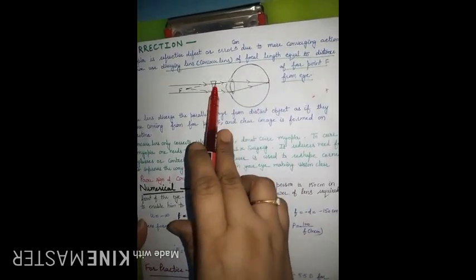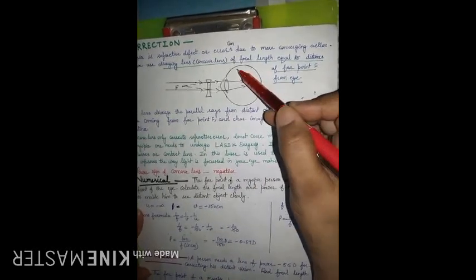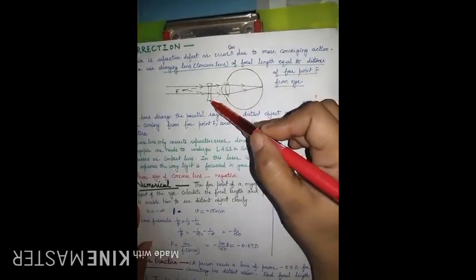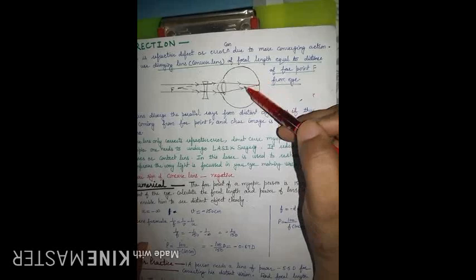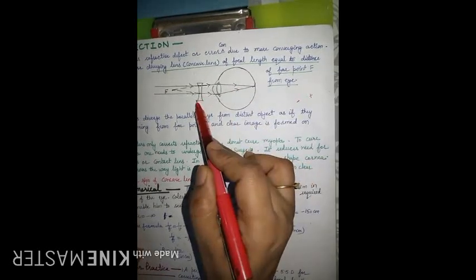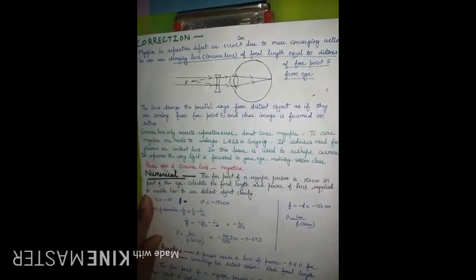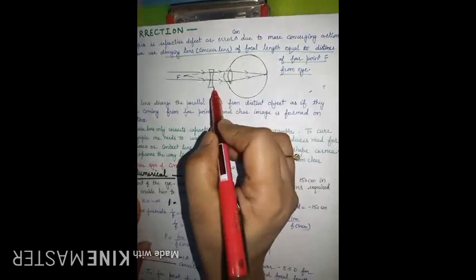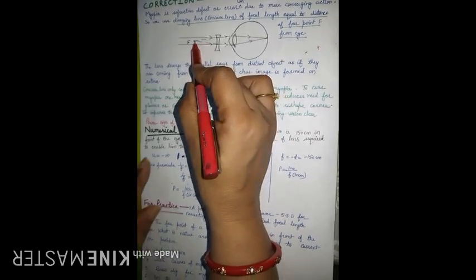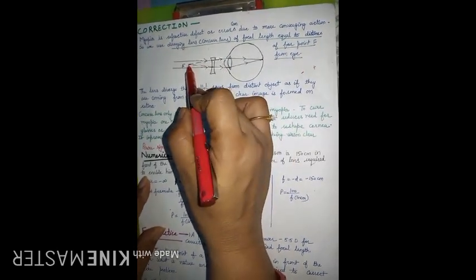It is very important to understand the functioning of concave lens here. See, whatever shortcoming is there inside your eye, this lens is not going to change that. Means we are not changing anything inside the eye. We are doing something outside the eye. Spectacles that we are using, that is outside the eye. So what is the function of concave lens here? By using this lens, we are forming an image, and that image will be formed at that point where I can see clearly.